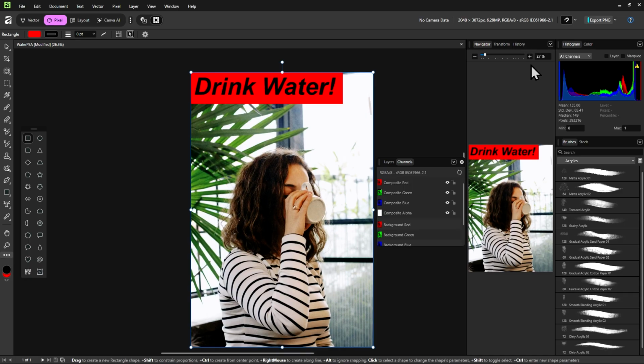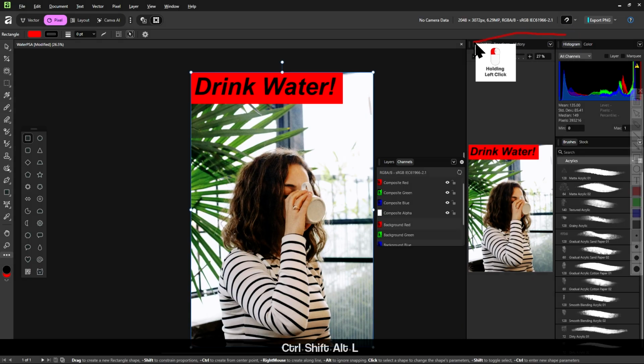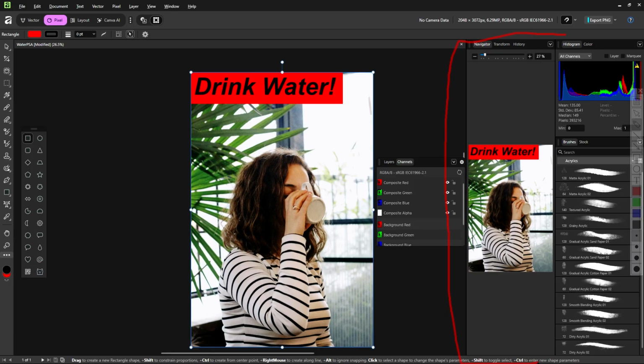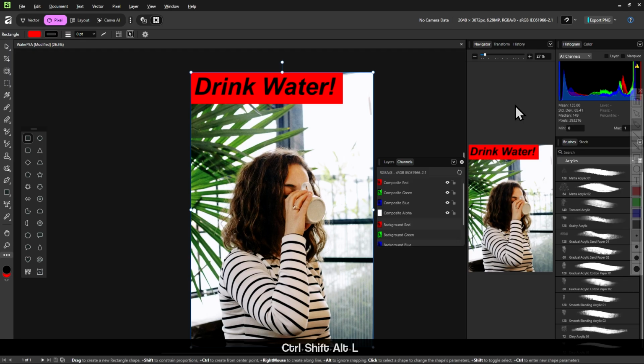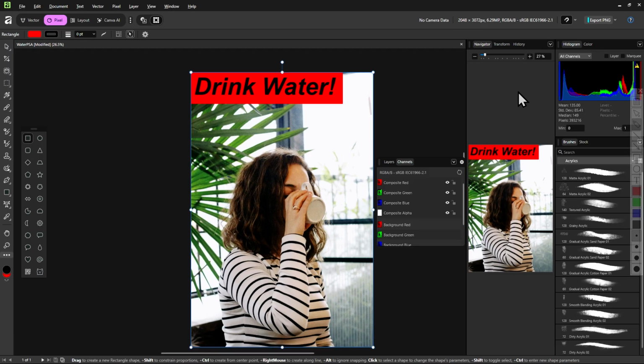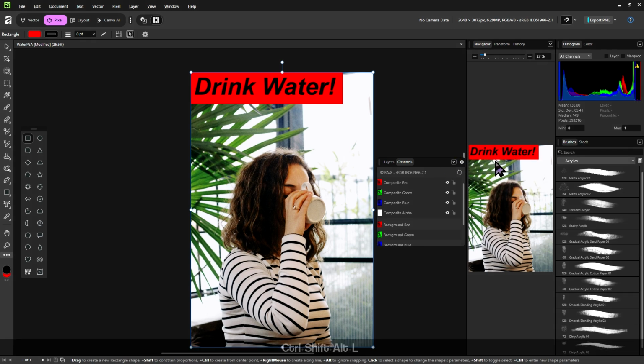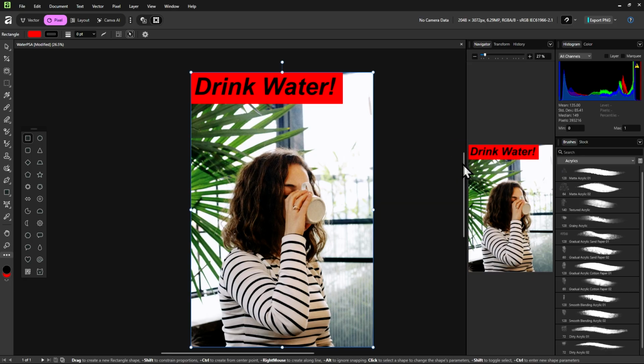Anyways, now with that out of the way, as you can see, the panel group that had navigator in it is now docked to this side of the screen. And you will notice that the panel groups that are not docked like this actually have this X here. That's for closing the panel group.